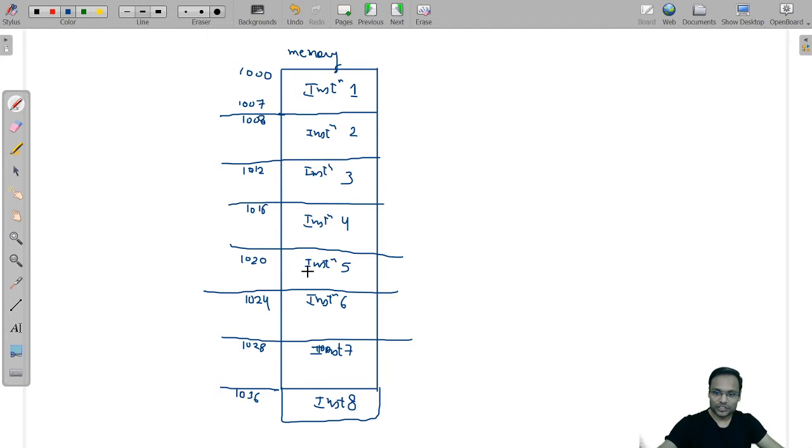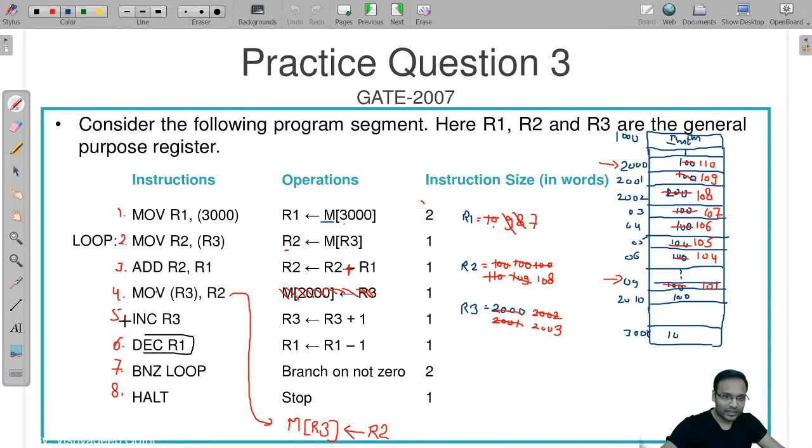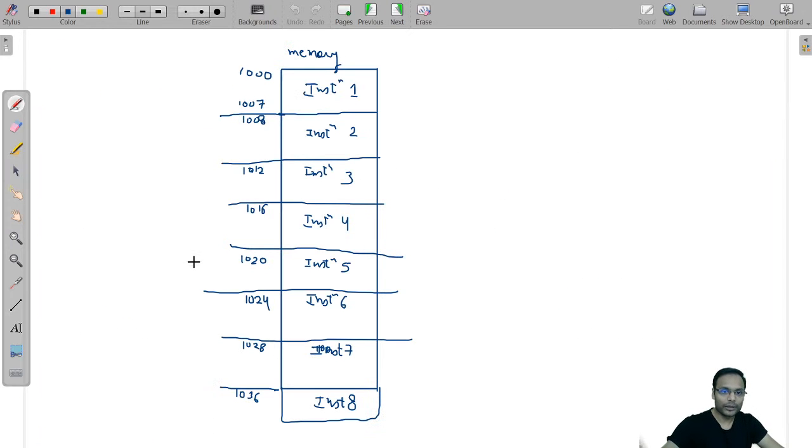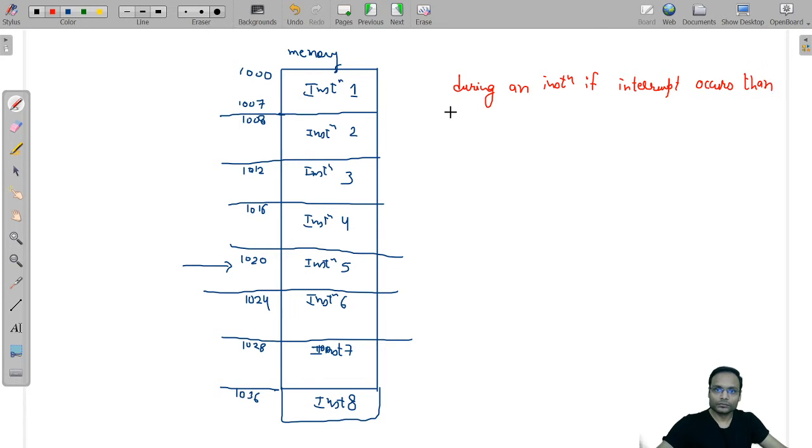Now during this instruction 5, I guess, yes, INCR3 is instruction 5. During this execution, the interrupt occurs. So I am writing here: during an instruction, if interrupt occurs, then the CPU executes the current instruction completely,